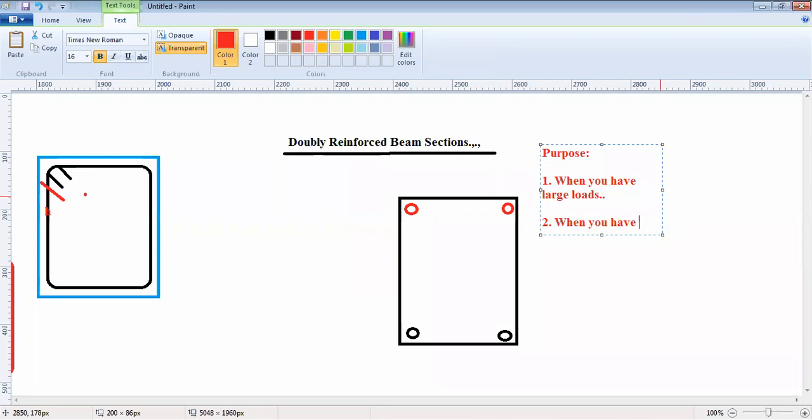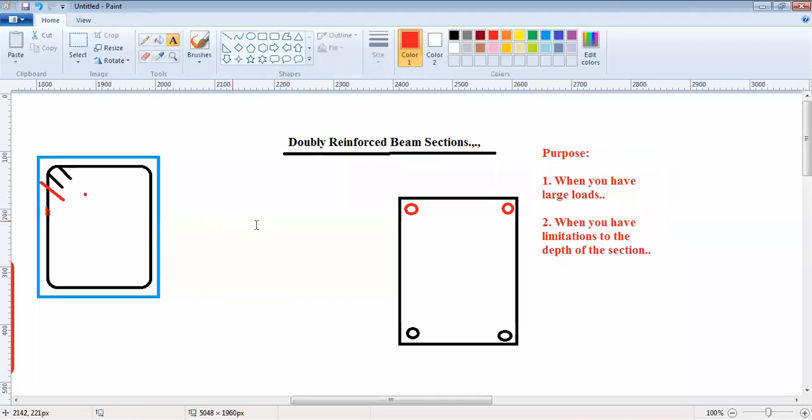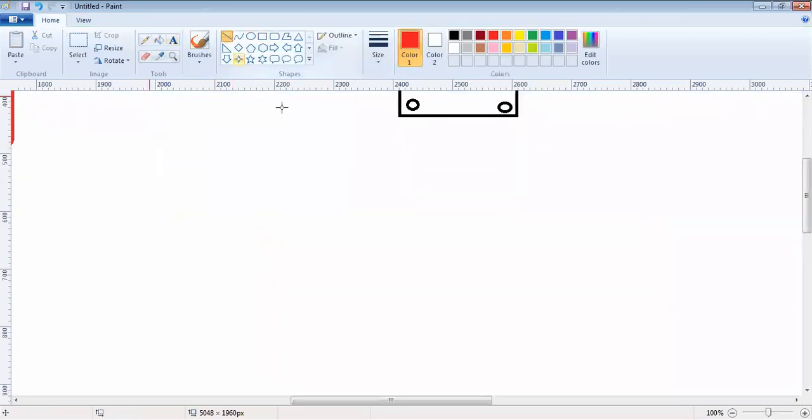The second condition is when you have limitations to the depth of the section. Now, when will there be limitations to the depth of the section? For example, there is a ceiling, and this is the ceiling. Then you have a beam below the ceiling,